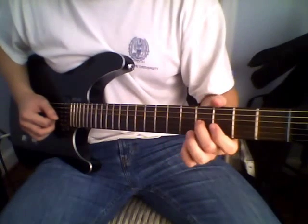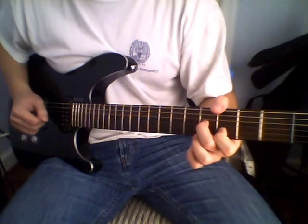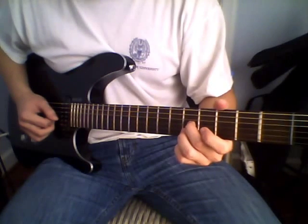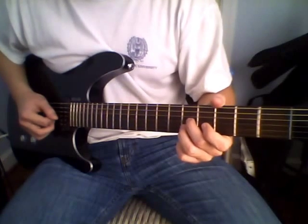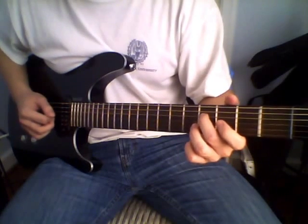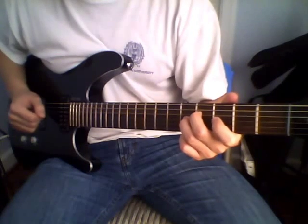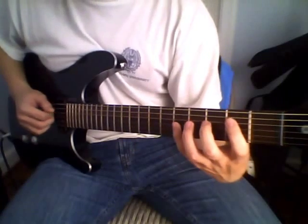Then you play the 4th fret of the G string and the 3rd fret of the B string. Then you go back and play the 5th fret of both the G and B string. And then you go to the D string, play the 4th fret and the 5th fret of the G string. So far we have